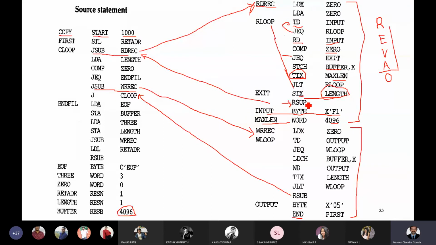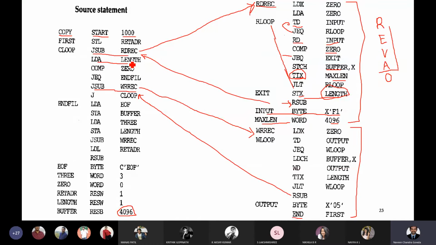Now you are returning back from the subroutine. You are jumping back to the main routine or the main program. If you observe, you came back to this instruction, ldl length, because this is the next instruction after this jump. And what does ldl length mean?